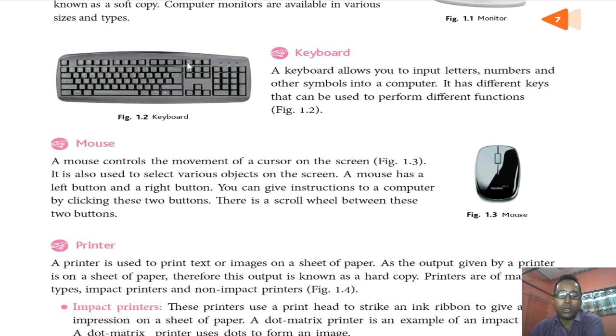At the top of your keyboard, you will find F1 to F12, 12 function keys. These function keys have different functionality based on the software. We can use these function keys for some specific functions, like F1 to get help for any application, F5 to execute something, F12 to save a file with a different name. And on our keyboard, you will find some special keys like escape key, shift key, enter key, caps lock key, windows key. And in a few keyboards, you will find some buttons at the top of the keyboard to control multimedia applications and video and audio files. They are called multimedia keys.